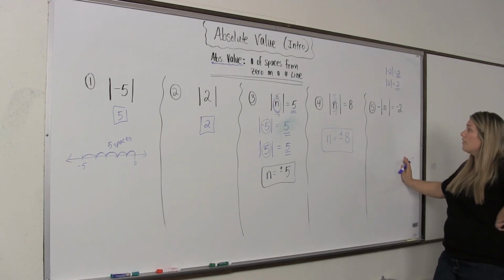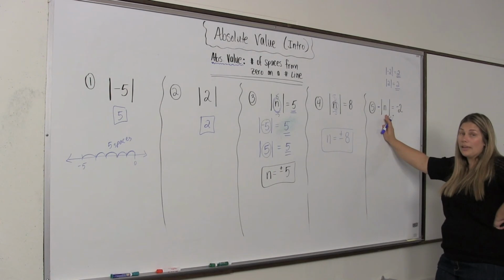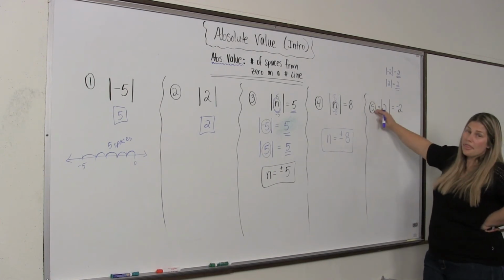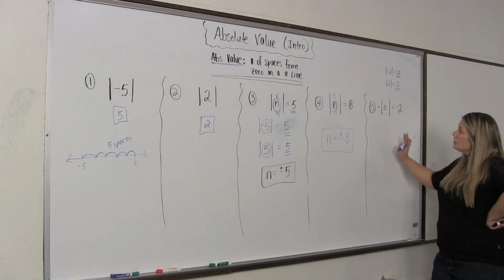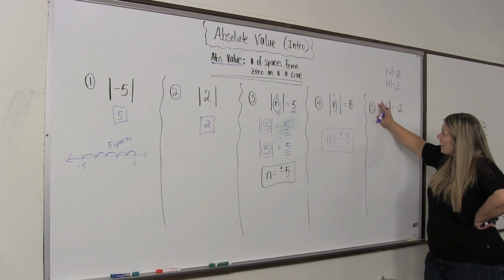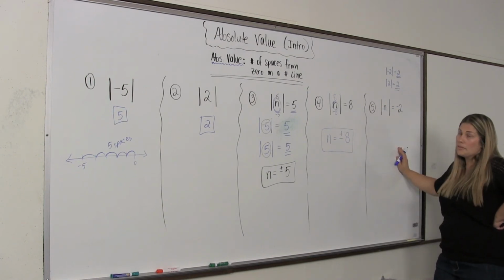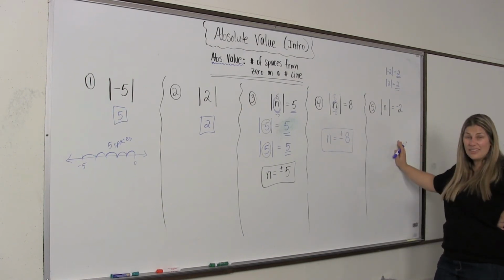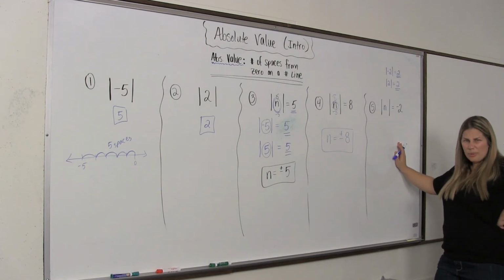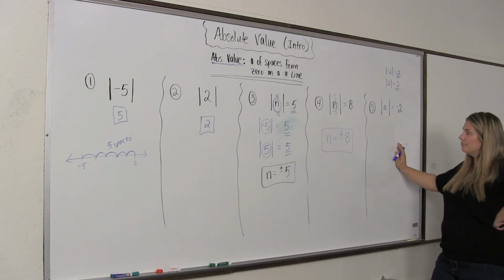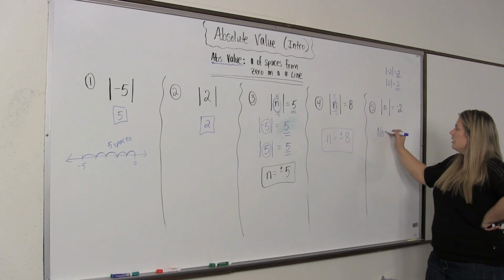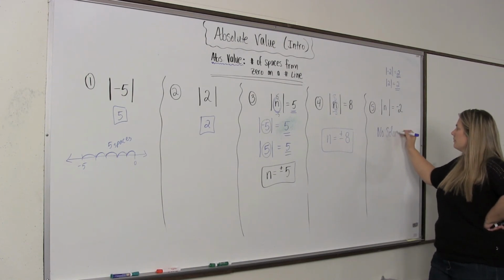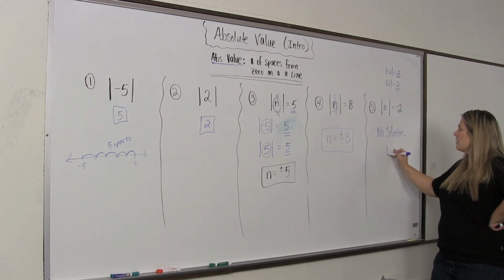Because according to order of operations, this would be my grouping, and I would do the grouping first and then deal with the negative. So if there's not a negative on the outside of those absolute value bars, you can't get a negative answer. Well, what do we put if you can't do it? That's when we put no solution. And remember, we can abbreviate that